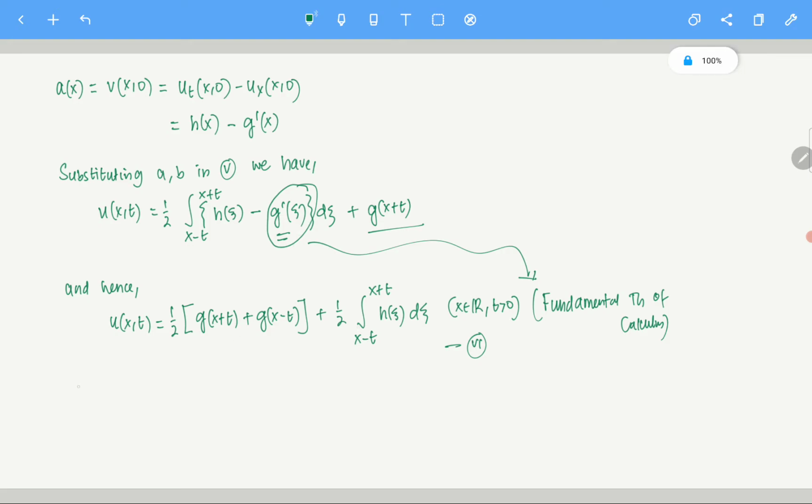So 6 is called the D'Alembert's formula. This is very important, and I want you to remember it, because we generally use it most of the time without even calculating this thing. So you do not have to calculate all the time. Just remember this: G is the base u at the point x0. Remember the average of x plus t and x minus t. You take the average of that, where G corresponds to u at the point x0, and H corresponds to ut at the point x0.